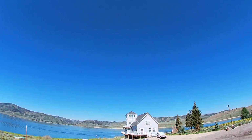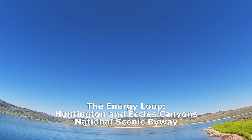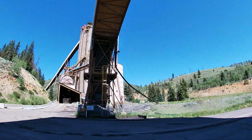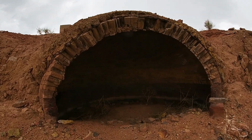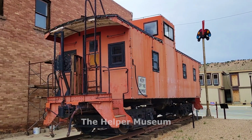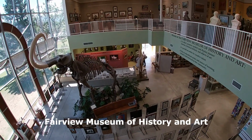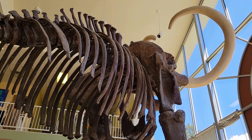More lakes and forests await along the Energy Loop. It lies about an hour and a half southeast of Salt Lake City and east of the Nebo Loop. But this byway also focuses on coal, power plants, reservoirs, and coke ovens, critical components of Utah's energy heritage. This history is told in 2 comprehensive small-town museums, Helper's Western Mining and Railroad Museum and the Fairview Museum of History and Art, where the main draw is a reproduction of a 10,000-year-old mammoth unearthed when the nearby Huntington Reservoir